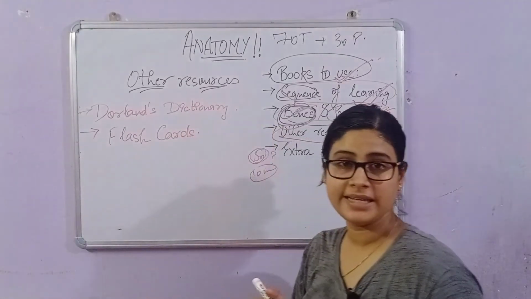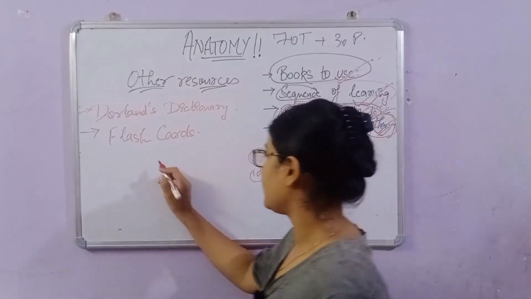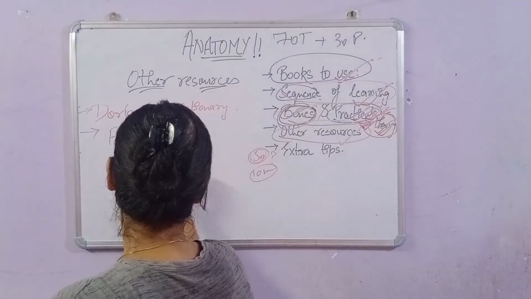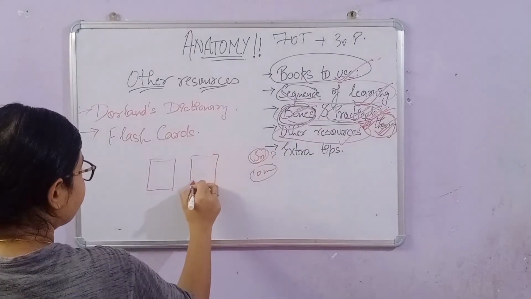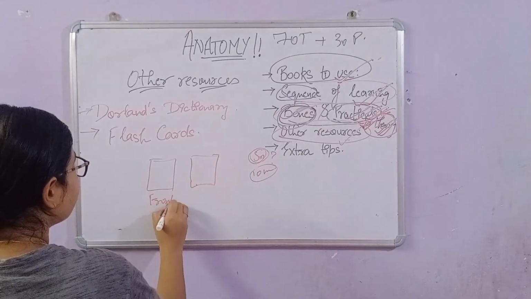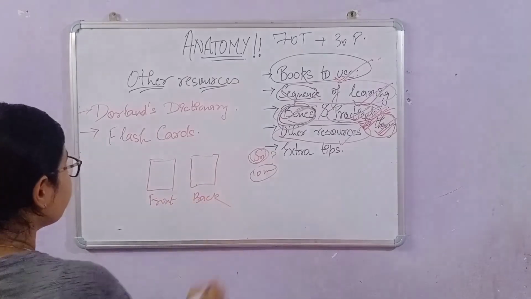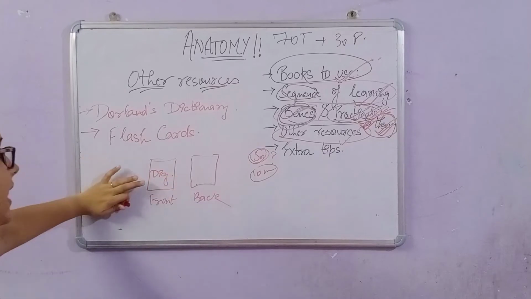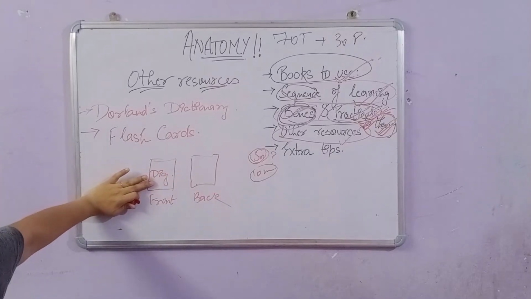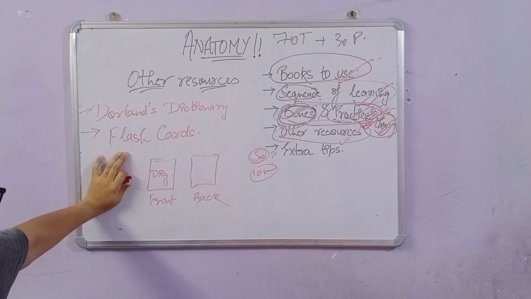What exactly a flashcard is, you would have a card like this. Just imagine the front of the card and the back of the card, right? In the front you would have a diagram. For example, you would have the diagram of the clavicle bone. You will have sets of cards. You will have a set of flashcards for bones, flashcards for muscles, for nerves, for joints. You can buy whatever you want, or you can buy all the things together.